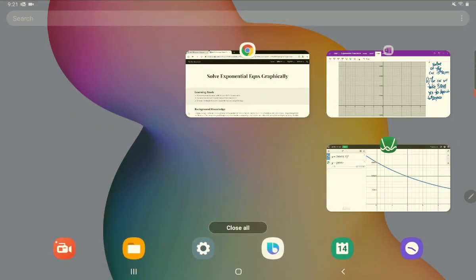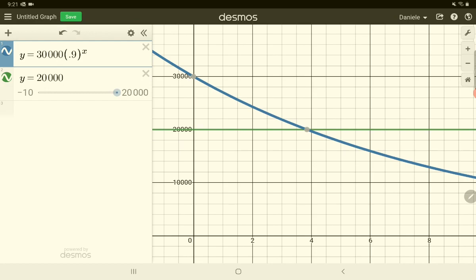Okay, so let's recap what I did there. I plotted my curve, and then because I was looking for a y value of 20,000, I created an equation that says y equals 20,000. That's a straight horizontal line that shows me the point of intersection that I'm looking for. And all you need to do at that point is click on your point of intersection and it will give you the x value that you're looking for. So that's how you do a word problem here. That's how you can solve a plethora of word problems if you have the equation and then a number in question that you're trying to take from your